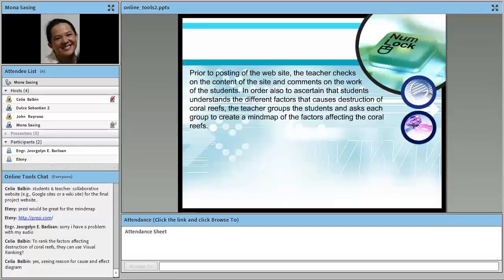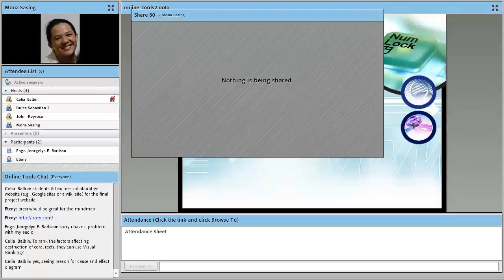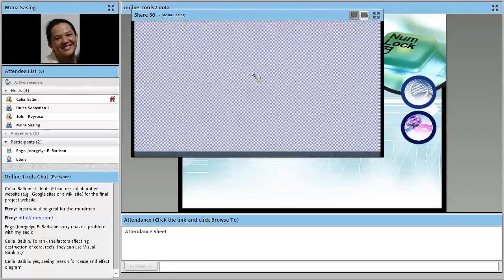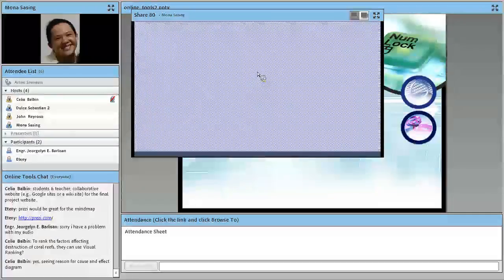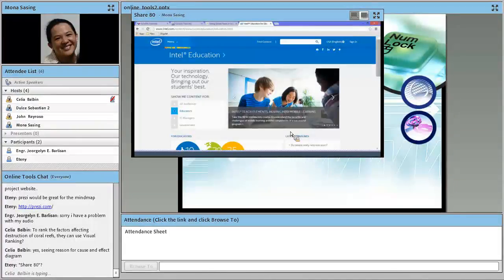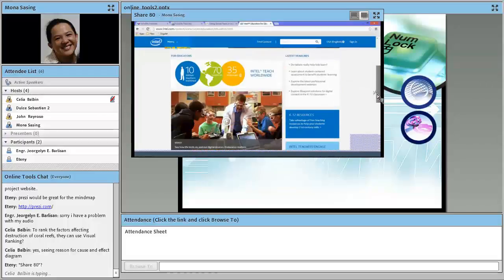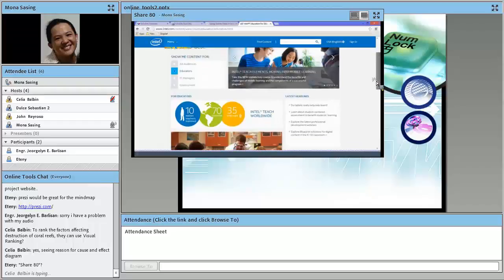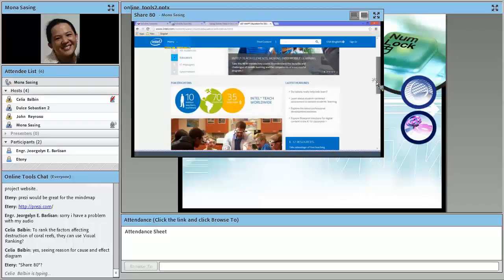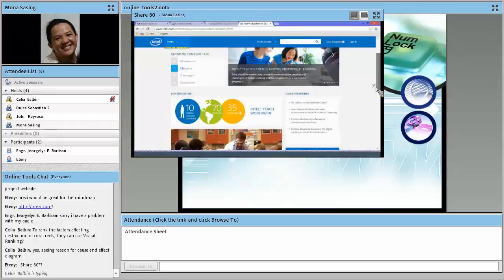Can you see my window now? So if you go to the Intel site, intel.com/education, you can go to educators.